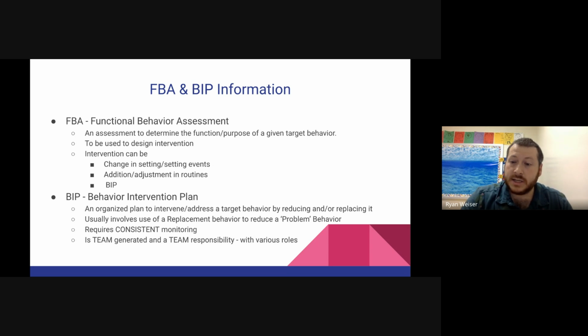And then as a team, it's our responsibility to enact the plan together. If that kid is in the classroom, if they're on the playground, if they're in the lunchroom, whoever's working with them at that time, they're the ones implementing that plan. So we really are fully a team here on this. It is not a single person's responsibility. Next slide, please.